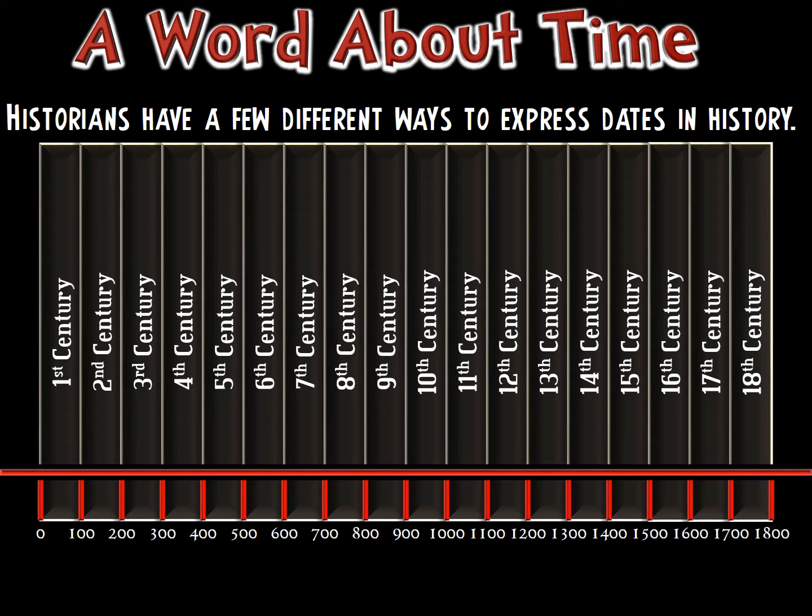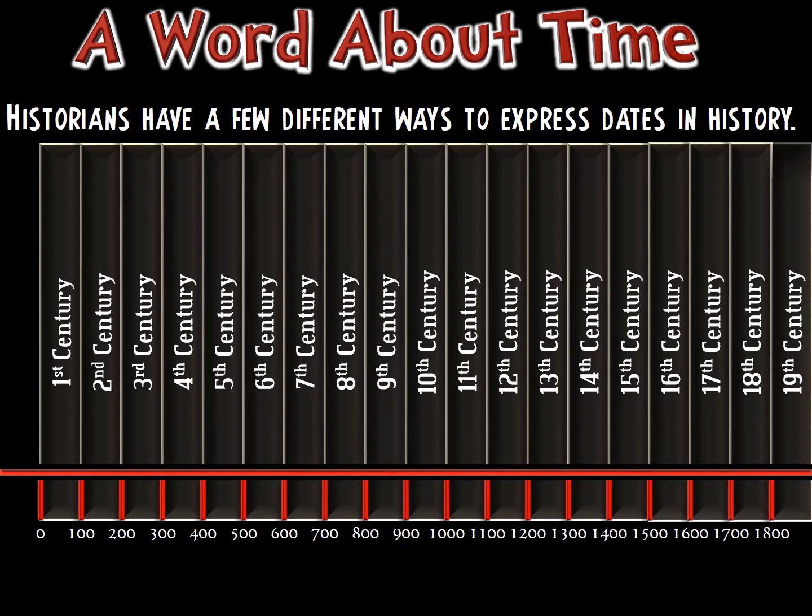So, when you say first century, you actually mean things before 100. When you say second century, you actually mean dates before the year 200, between 100 and 200. So the century is actually one more number than the years. I'll explain this more in class.